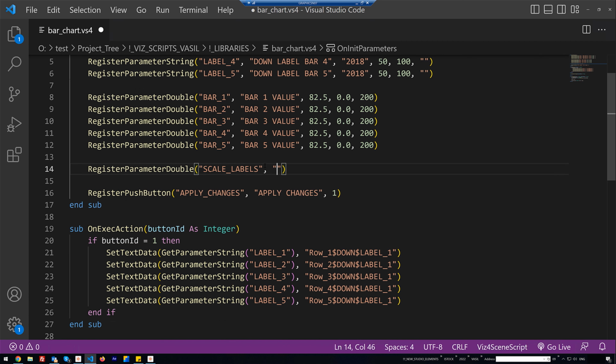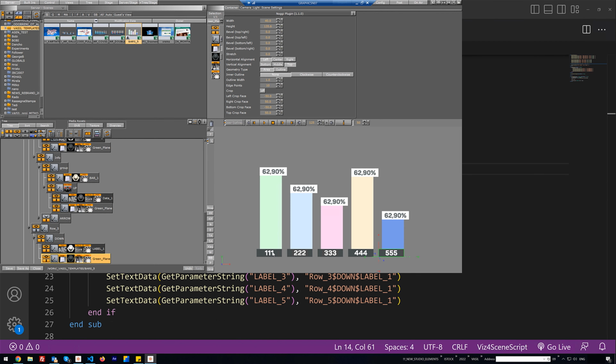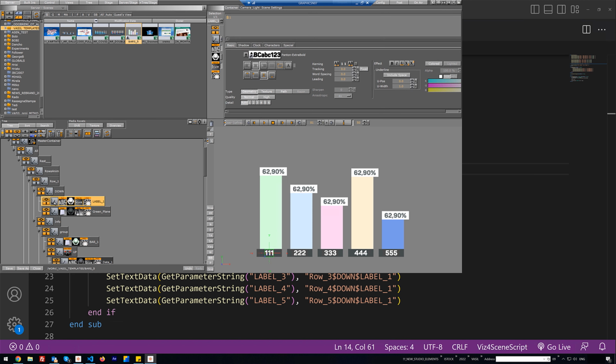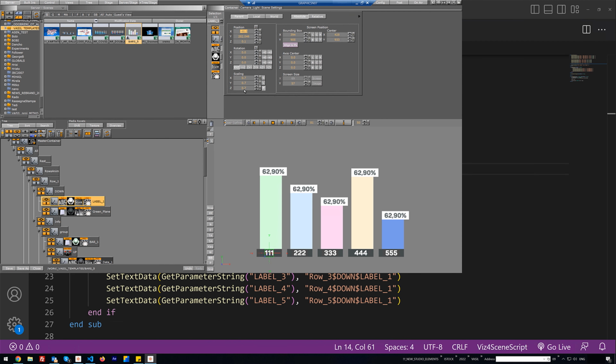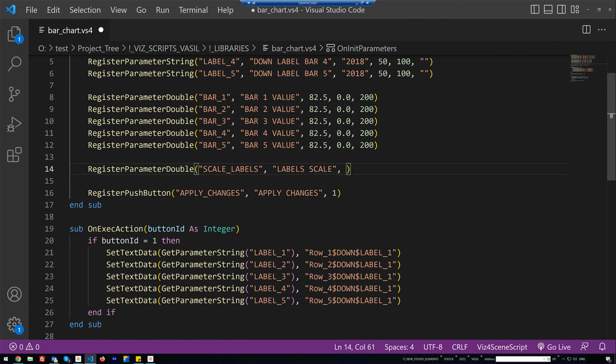Next parameter, scale font size, or maybe labels scale font size, or maybe only labels scale. Next parameter is default value. Let me see how is the value at the moment. The value of scaling is 0.7. Okay, it will be my default value. Minimum value is 0, and the maximum possible value will be 10. Okay,